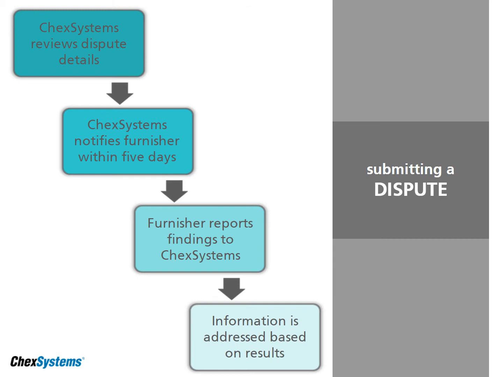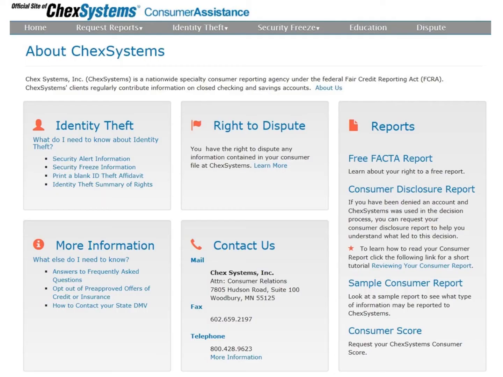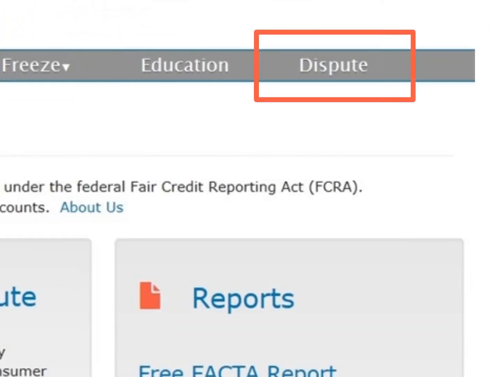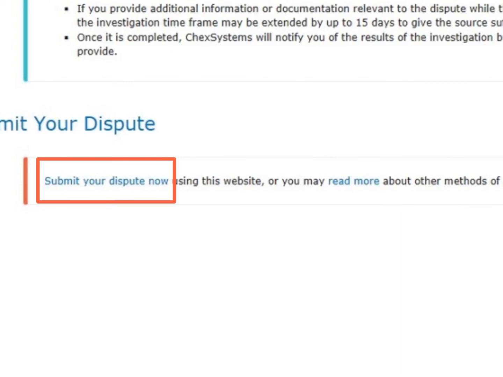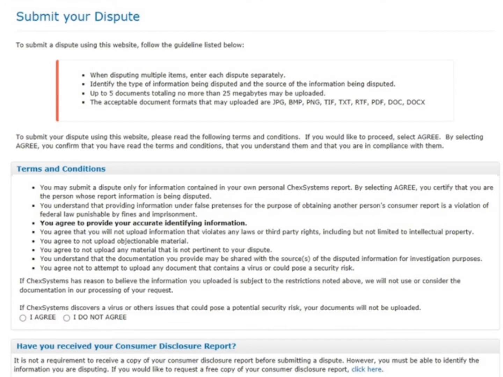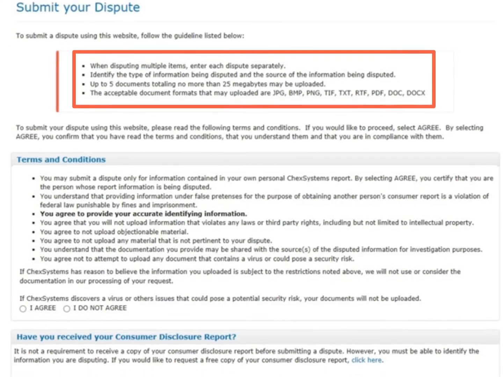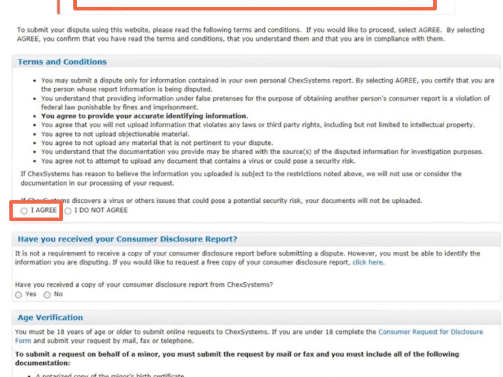Let's walk through how to submit a dispute. From the ChexSystems.com homepage, click Dispute from the menu bar. To submit an online dispute, click Submit Your Dispute Now, or click here to read about other methods for submitting a dispute. Before proceeding, you must review the guidelines, agree to the terms and conditions, indicate whether you've previously received